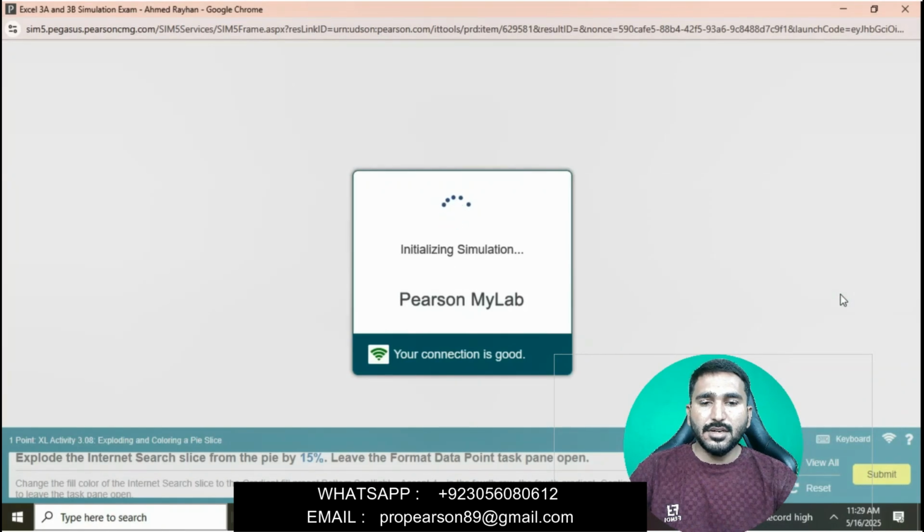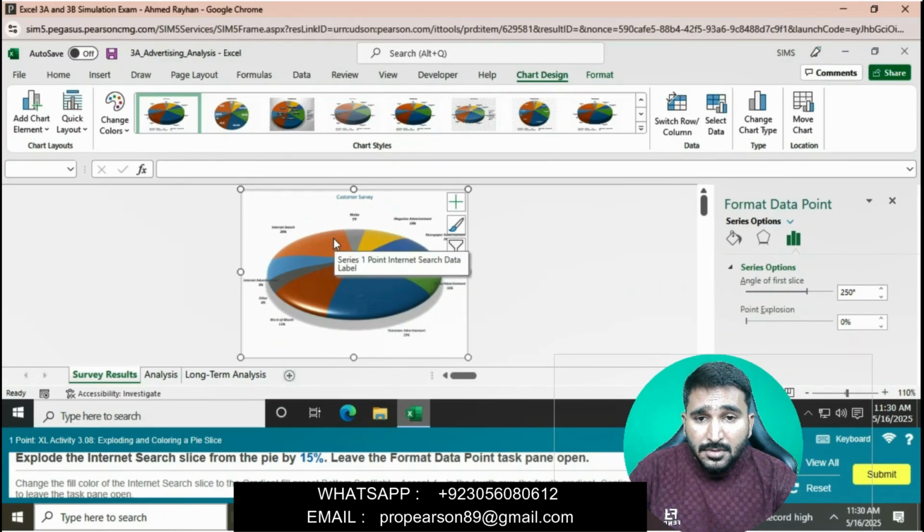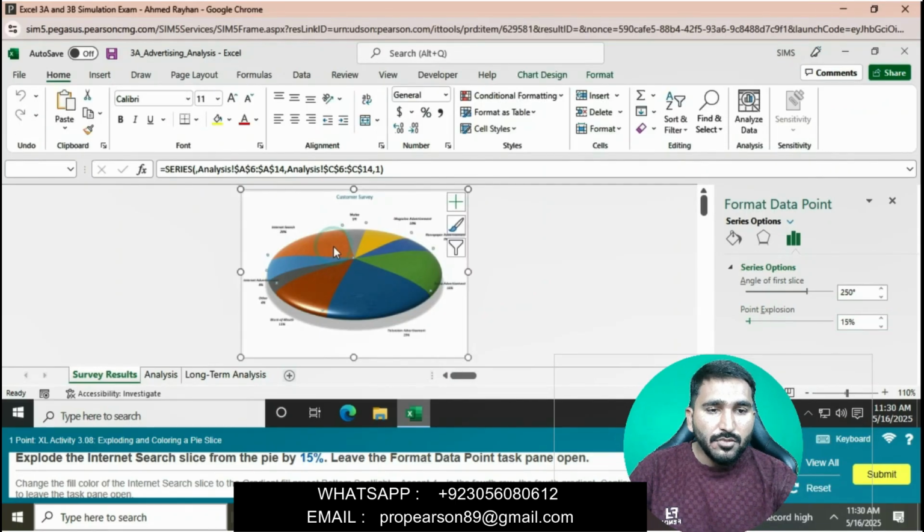Next question is: explode the Internet Search slice of the pie by 15%. Where is the internet slice? Here is the internet search data label. Okay, this is the Internet Search slice. We will select this slice, double click on it and go to the point explosion. Point explosion should be 15%.